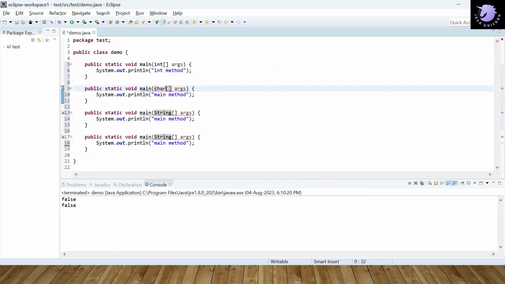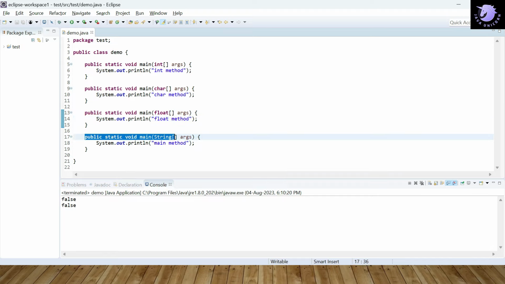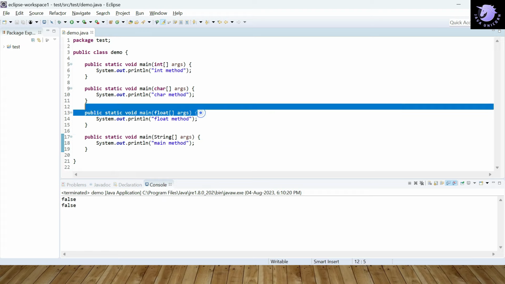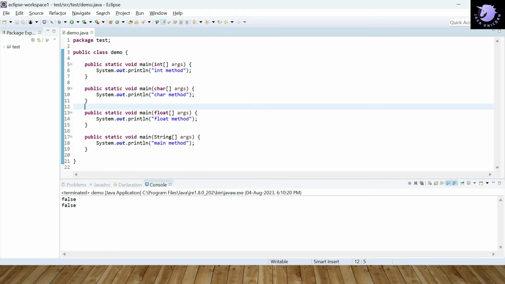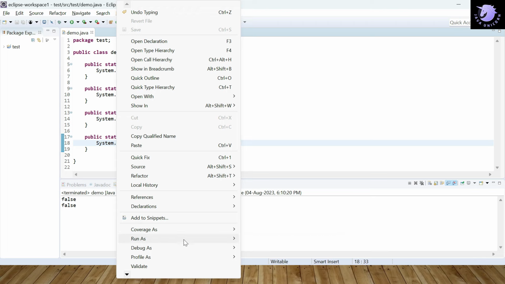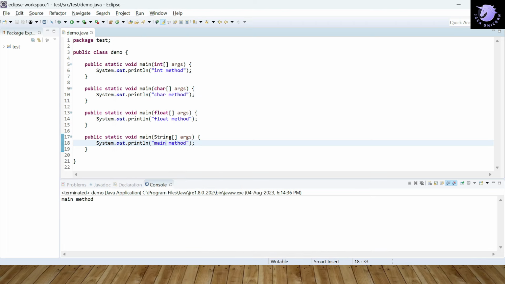This is for char and the sysout is char, and this is for float and the sysout is float. Now the predefined definition is public static void main(String args), and all others are not the predefined definition of the main method. So the output of this program will be main method, not int, not char, not float. Let's execute this program. You can see that the output of this program is main method.